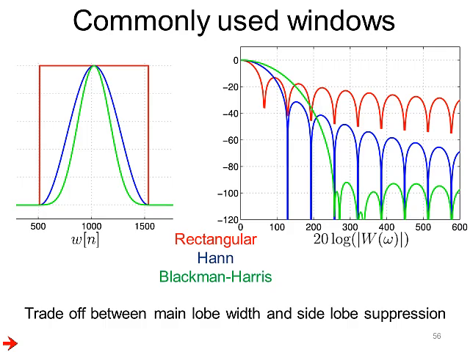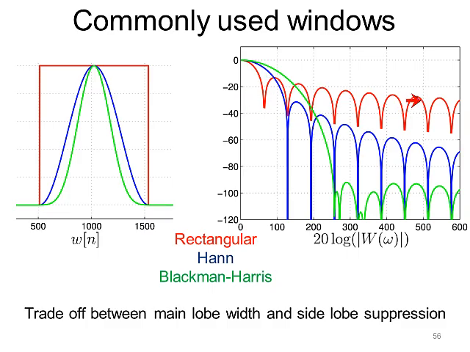Given that the general idea of having a window is to weight the samples in the middle more than the samples at the edge, one can come up with any number of windows, and I've listed a couple of commonly used ones. The rectangular window is one where you don't do anything at all, and you can see that